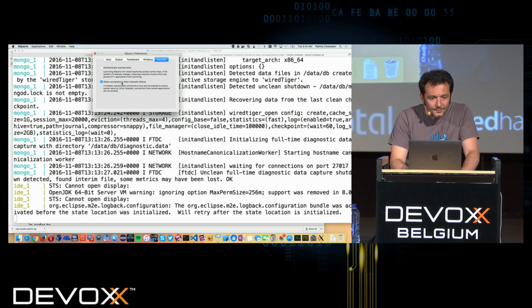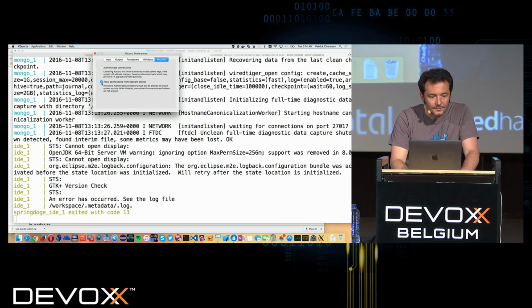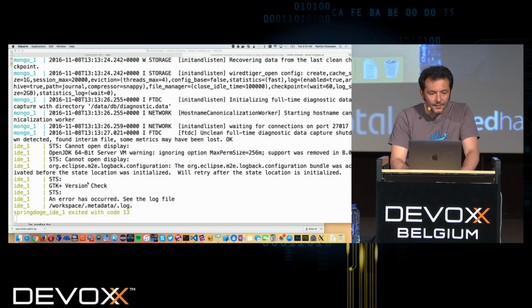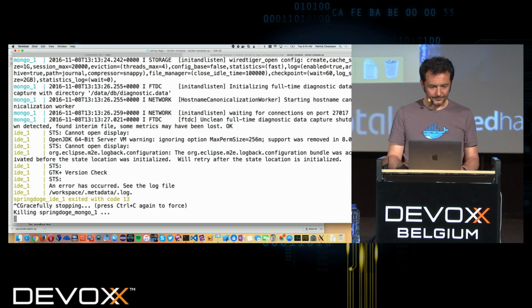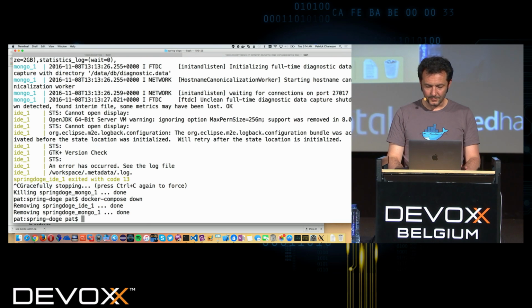I think it's on security. No, so that sounds correct. It's kind of weird. I'm just removing everything. I'm going to do startx again.